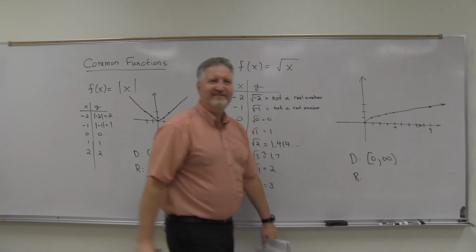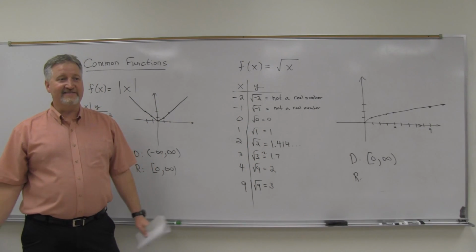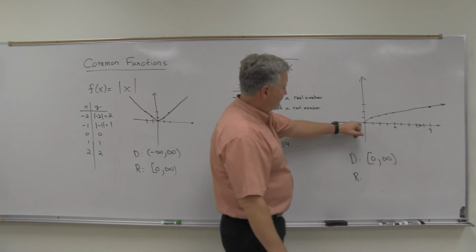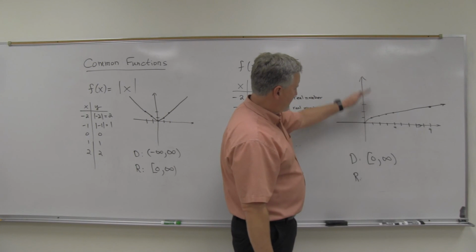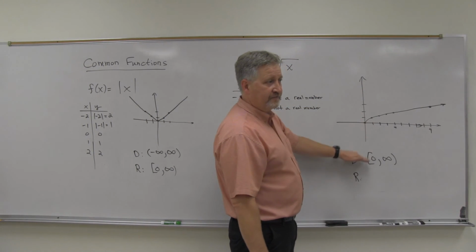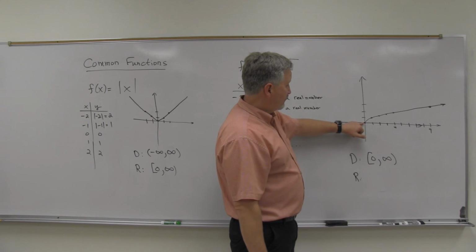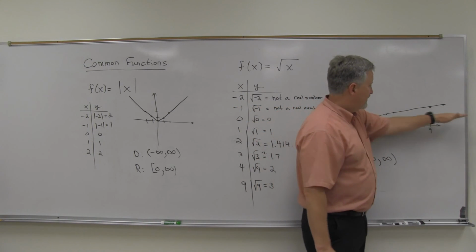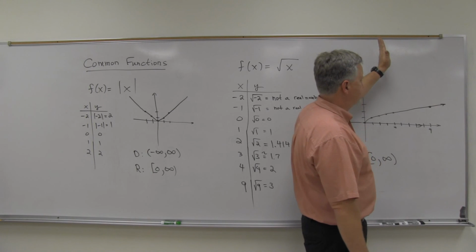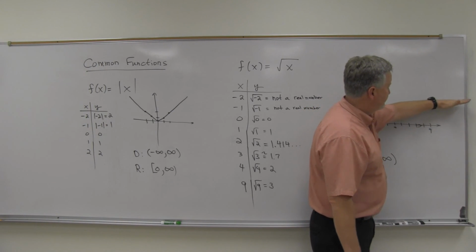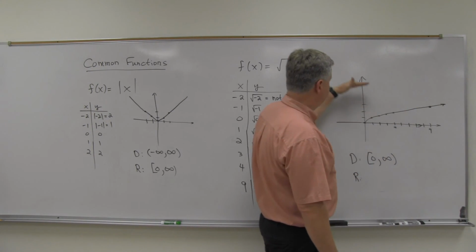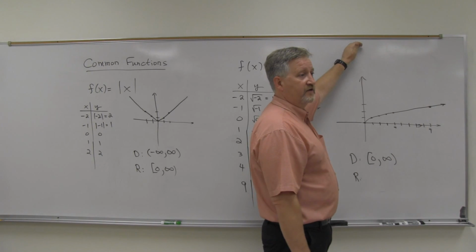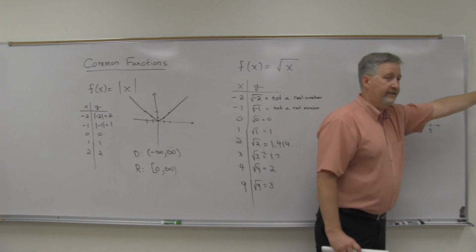What about the range? Same thing, isn't it? The y values also start at 0. You're talking about the y. There's no negative y value, so the y values also start at 0, but they keep going because this graph, it's not going up as fast as the parabola was, but it's going up. And so you're going to get a y value of 10, a y value of 100. It'll be way on down there, but